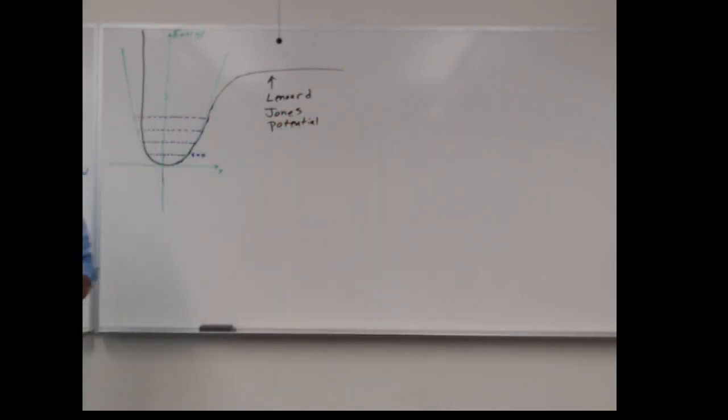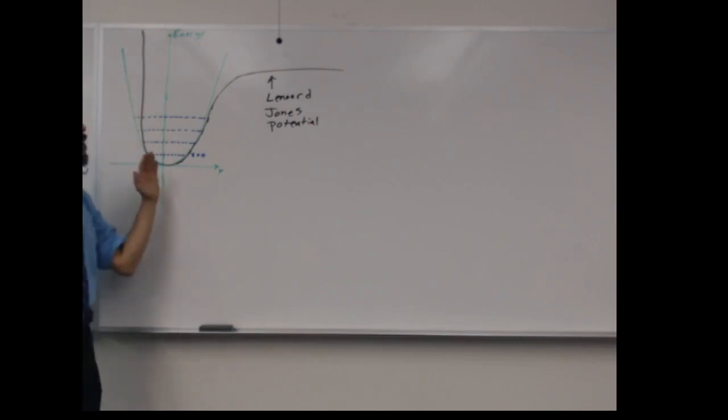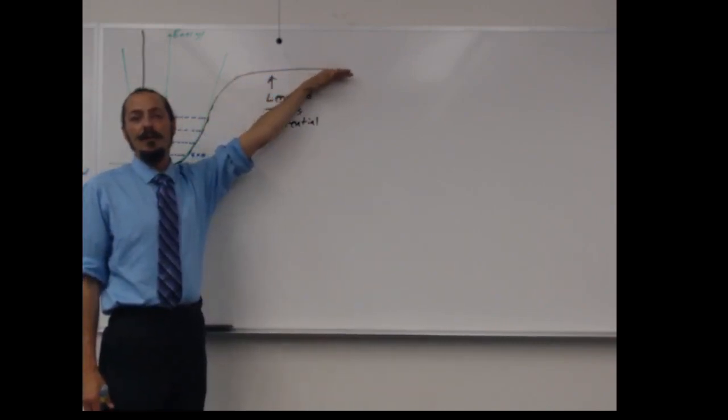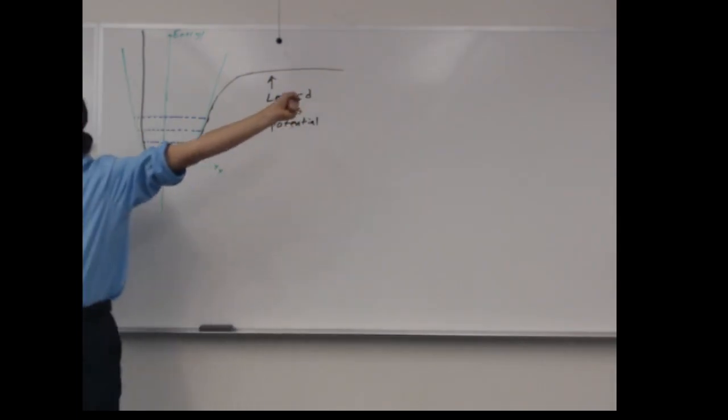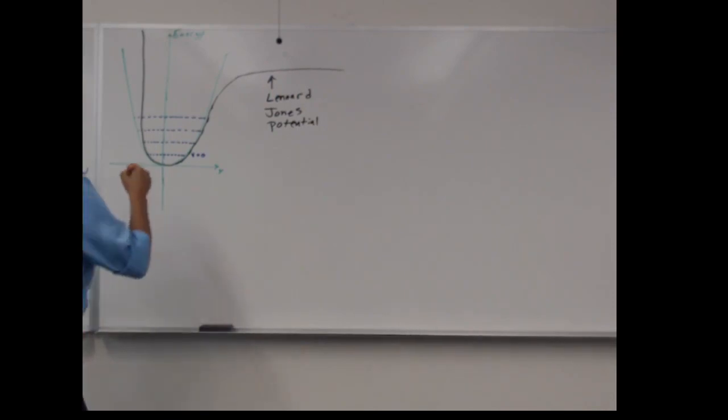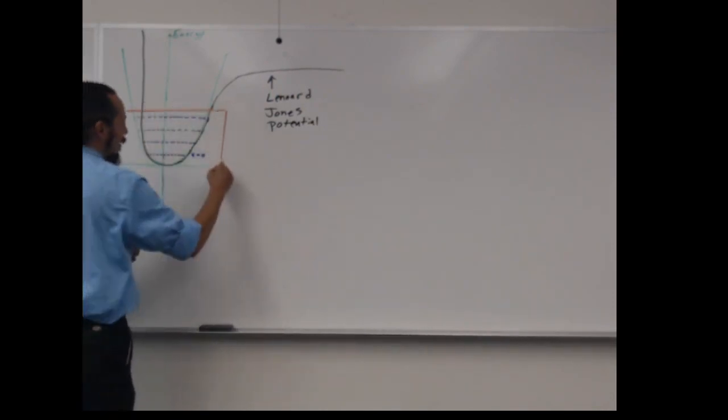The Lennard-Jones potential is the one that is typically used to model molecular behavior. It works out way better than the harmonic oscillator. You have this term that goes off towards infinity as the nuclei get too close to each other. You have this term that levels off as the nuclei fly away from each other. So if you get the nuclei too far from each other, they don't interact anymore. But in this small area down here,